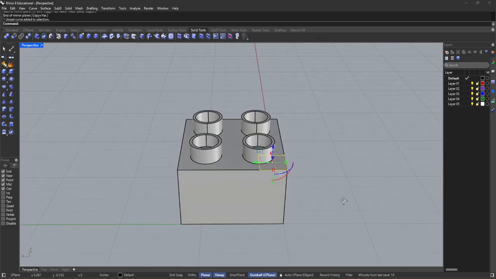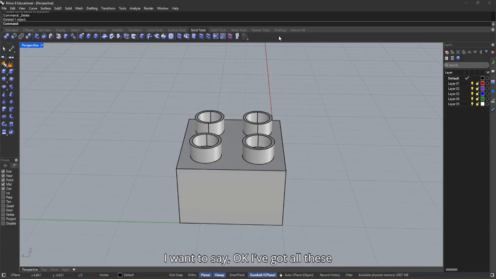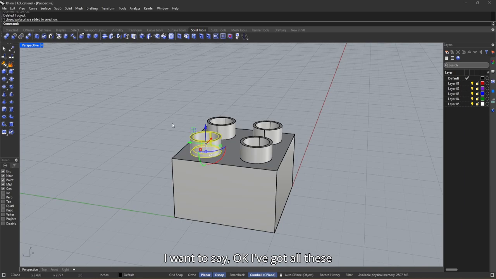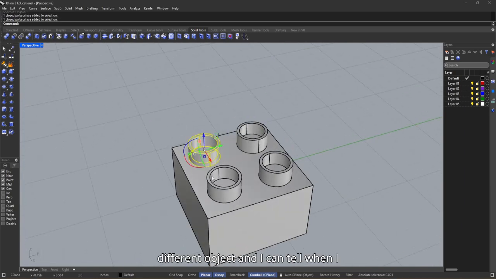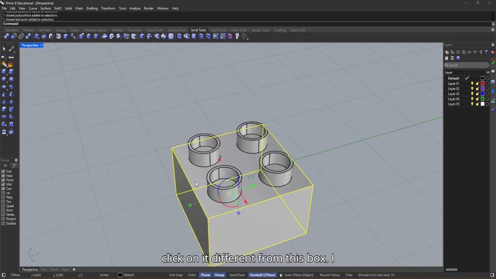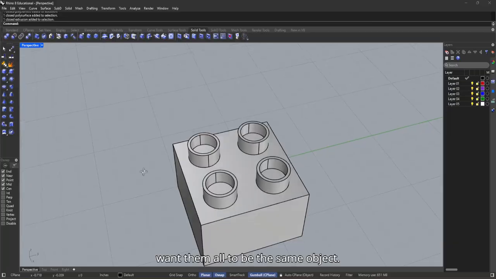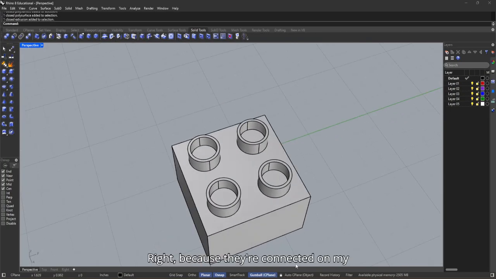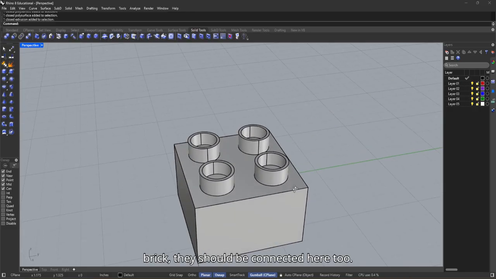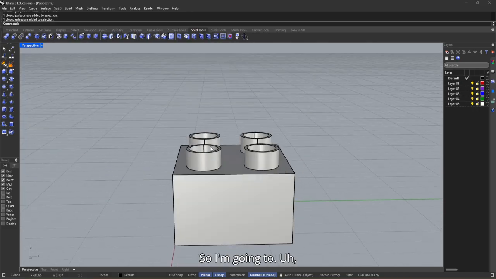Let's delete this little box. I don't think we need it anymore. And now I want to say, okay, I've got all these cylinders, but this object, for example, is different. It's a different object, and I can tell when I click on it, different from this box. I want them all to be the same object, right? Because they're connected on my brick, they should be connected here too. So I'm going to,